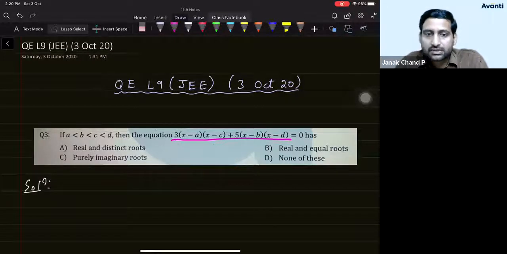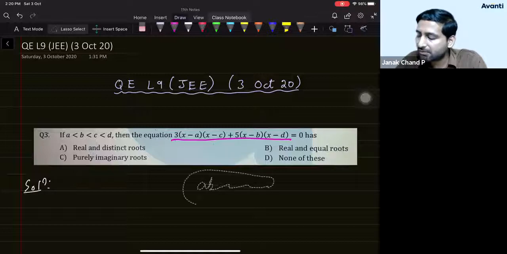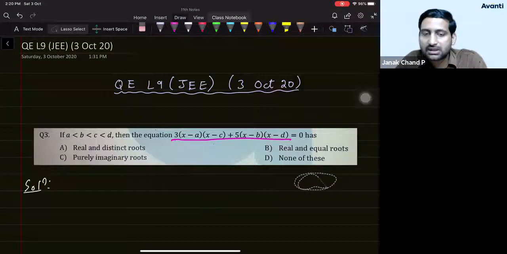Even if we do that, students, it will not be very easy to proceed further because there are 4 unknowns, right? None of these A, B, C, D, we know the actual value. So even if you get D in terms of A, B, etc., whatever it is, we may not be in a position to get a conclusion very easily. So just finding the value of the discriminant and then doing it directly may not be useful.